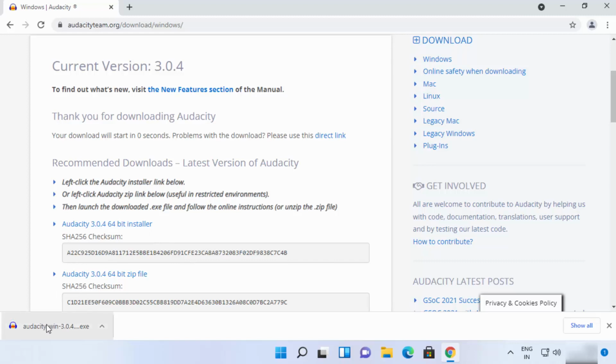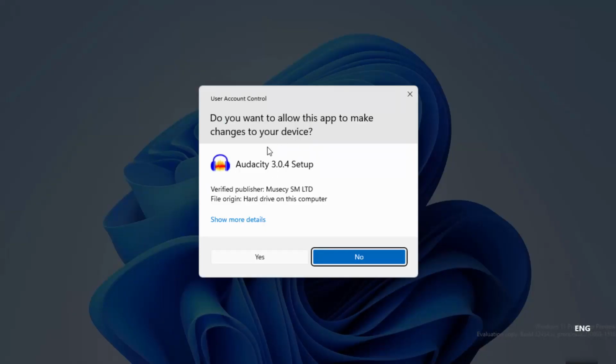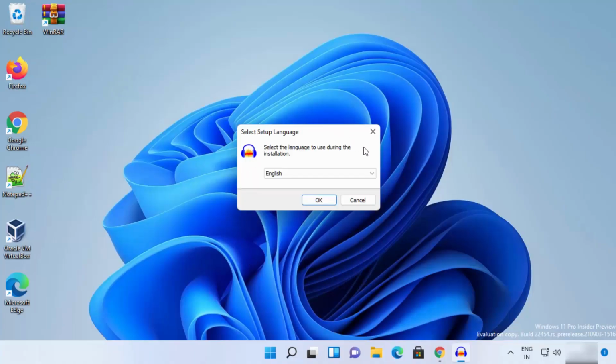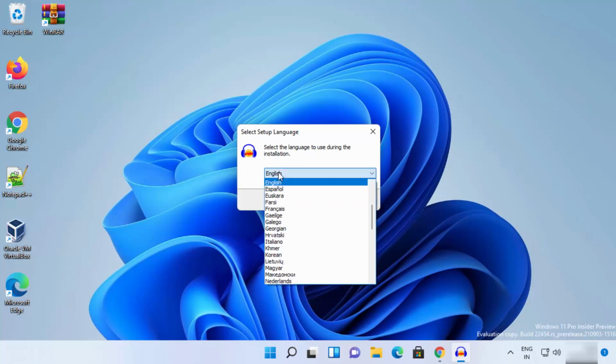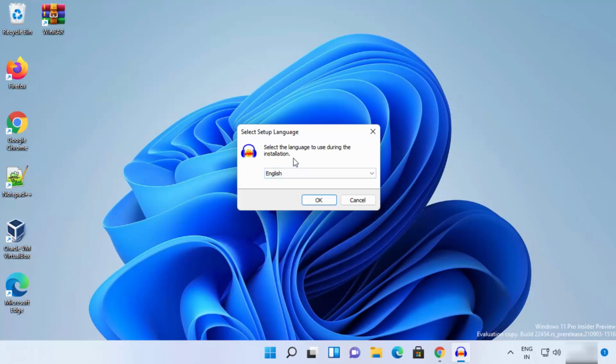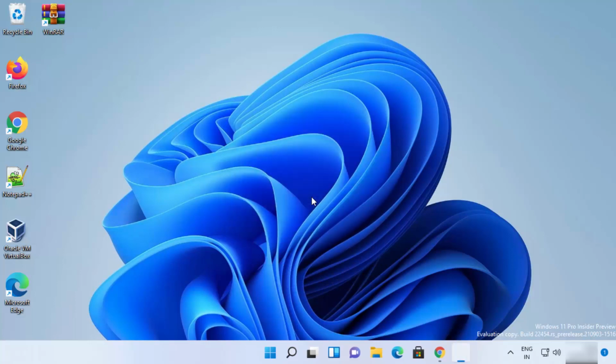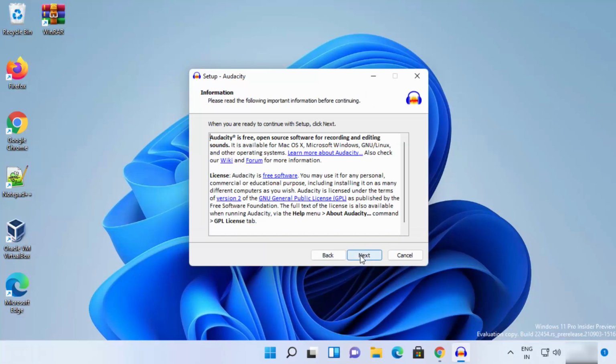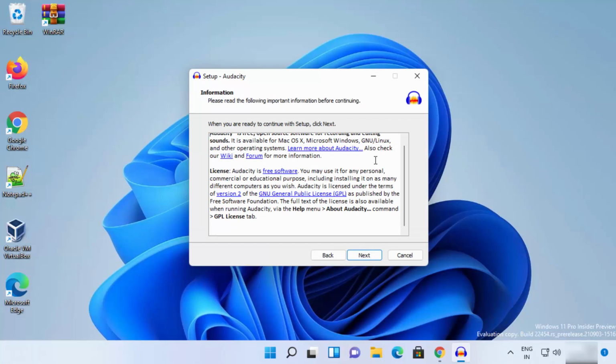Now once this exe file is downloaded, just click on this file, and let me minimize the browser. So first of all, you will see this window. Just click on yes, and then the installer will start. So first of all, you can select the language. I will leave it as default, which is English, but you can choose any other language from here. So just click on OK, and then here just click on next,